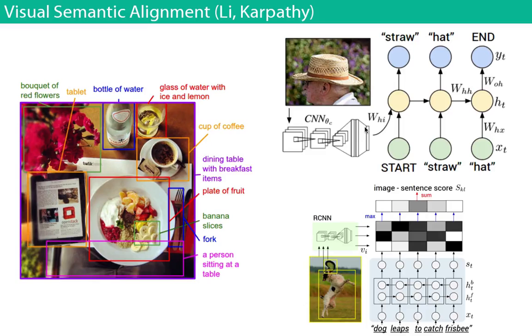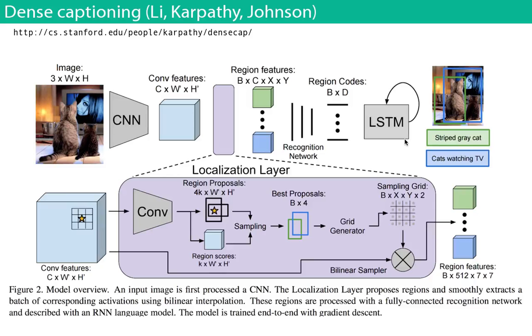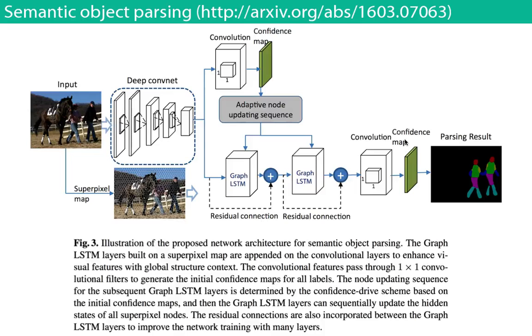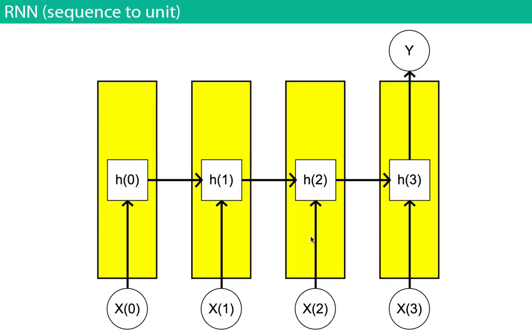And you can do dense captioning now, which means captioning different parts of the image. Again, this is a lot of work at Stanford going on. They have a really great computer vision group. So annotating images. This is all more science stuff. Handwriting bots. These are handwritten by a neural network. Okay, this is the coolest thing. I'd love to see this in a few years.